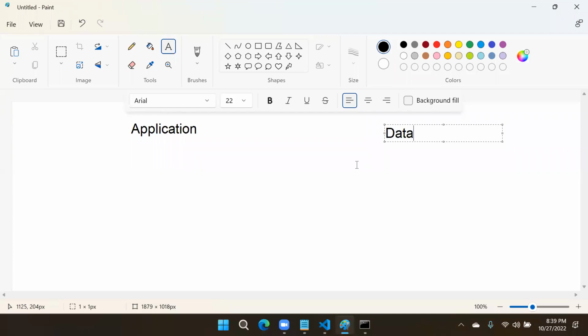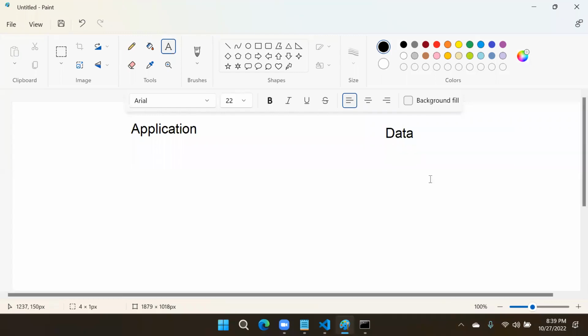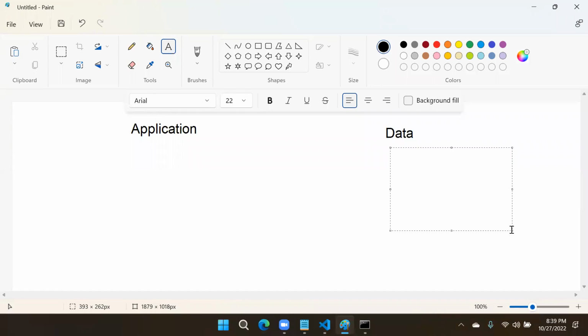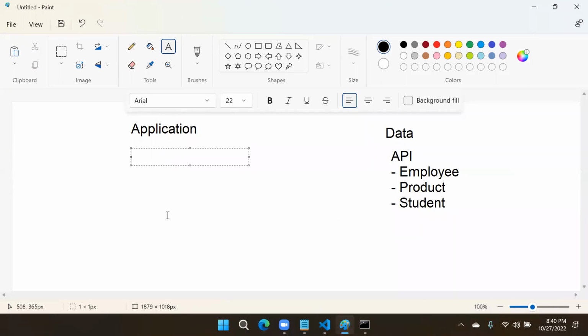So data, I will tell you a simple point. We need to consume the data. Data can come from various sources. Actually, these days, what we do, we use APIs. Later, I will explain if you are not aware of APIs. Generally, suppose data is coming from another location. That means suppose we have some employee data, some product data, some student data, like that different data is coming. Now here in the application, we need to create a method and keep this method ready in